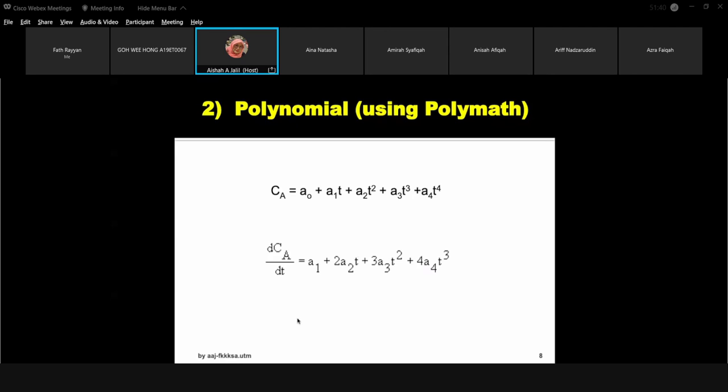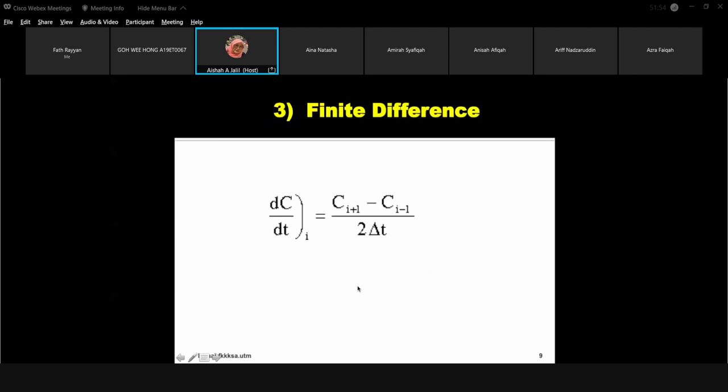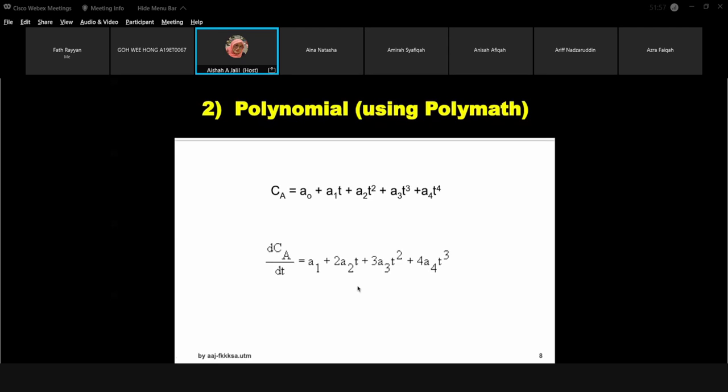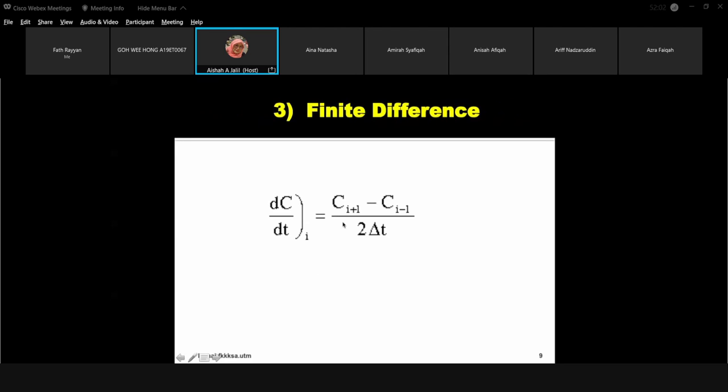Okay, polynomial is about this. I don't know, but this is using Polymath. You put that one, and then you get dN and dCA per dt. Because the polynomial is done using Polymath, it will not appear in the test or exam. This is another one, calculation, finite difference. If you see the textbook, you can see numerical method, I think, in chapter 5. Numerical method means you have,